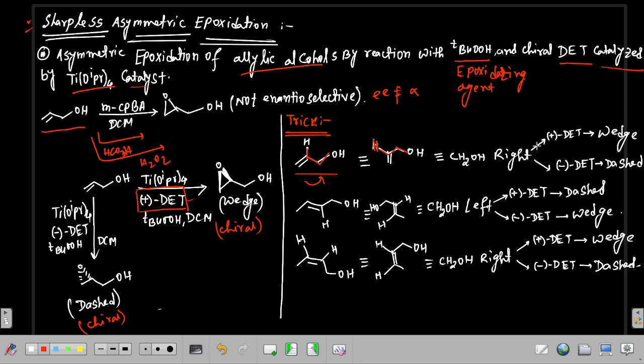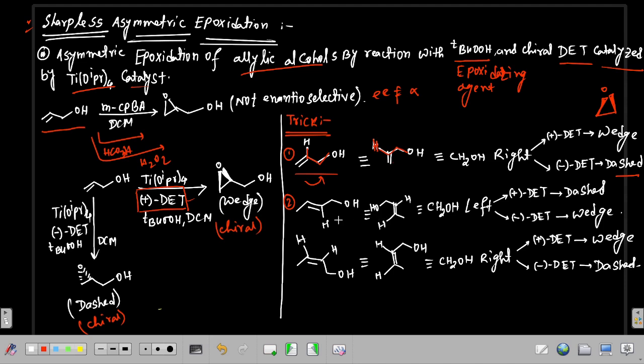So if we are using plus DET ligand, then this epoxidation will happen from the wedge side, like it will come above the plane. So epoxidation will happen above the plane, but in presence of minus DET it will happen below the plane, that is dash position. This is the first case, this is second. In this one,